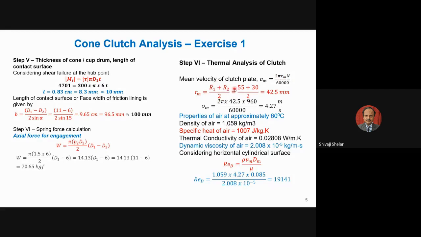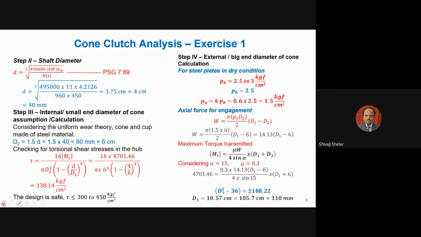And these R1 and R2 we already calculated, that is inside diameter and outside diameter of the cone. So these values are already known. This is 110 mm diameter, so radius is equal to 55. Inside diameter of cone is your 60 mm, so radius is equal to 30 mm. So from this you get mean radius is equal to 42.5 millimeters. So this is the mean radius of your cone surface. I'm showing the diagram so you can understand where is the mean radius. Let's go back to the diagram there.